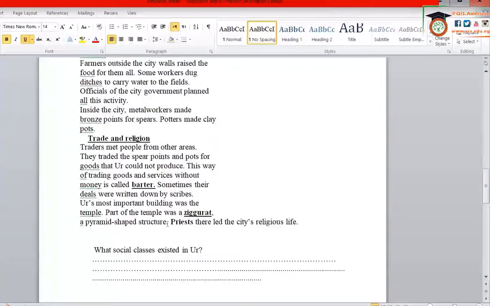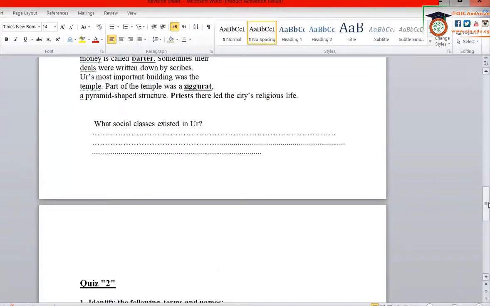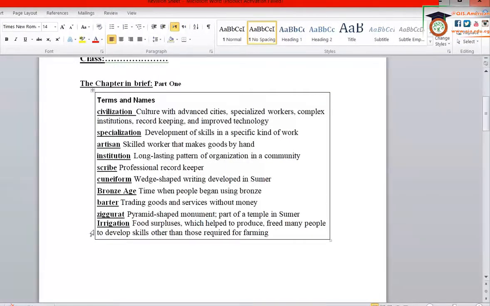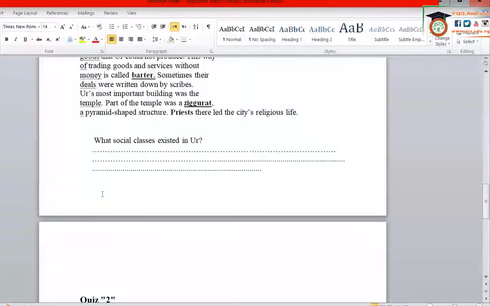Well, this is the trade, this is religion, everything is demonstrated for you here. Please answer the questions because it justifies your understanding. Here I have another term, very important, which means irrigation. If you want to know what irrigation means, for example, I'll write here: irrigation is a system